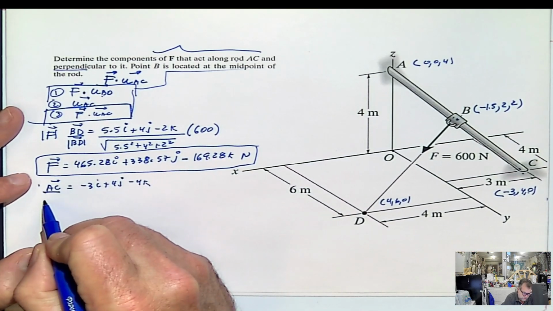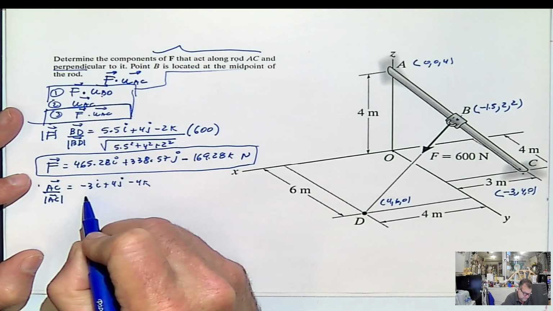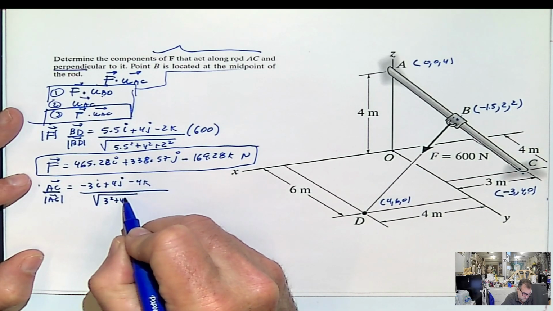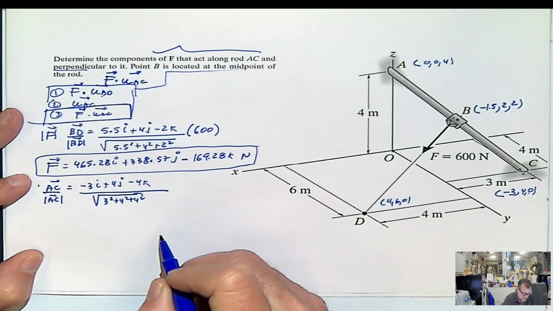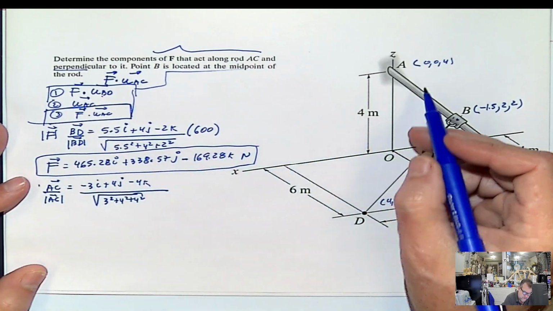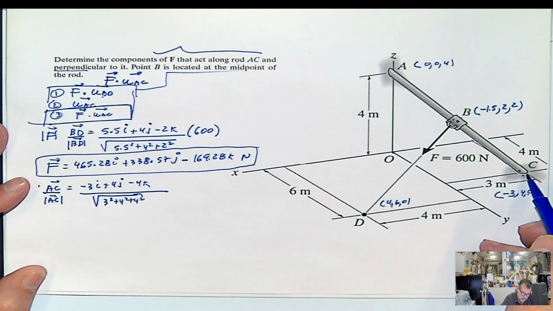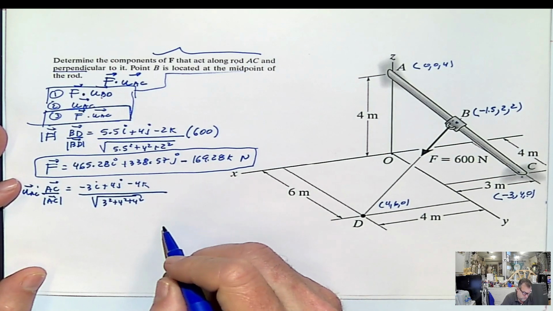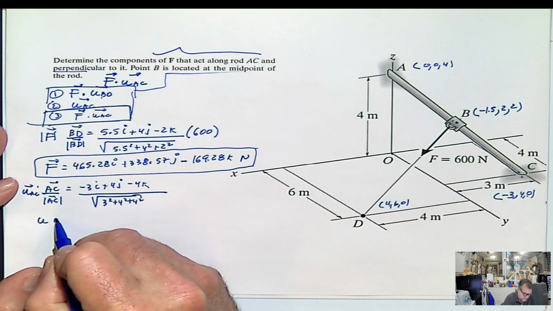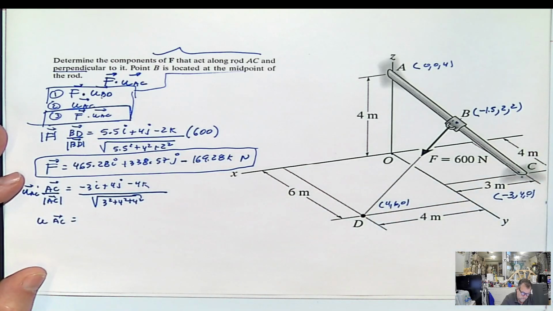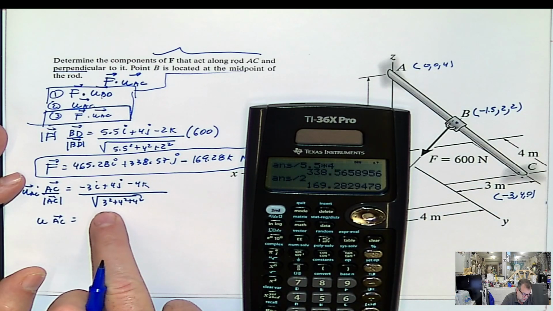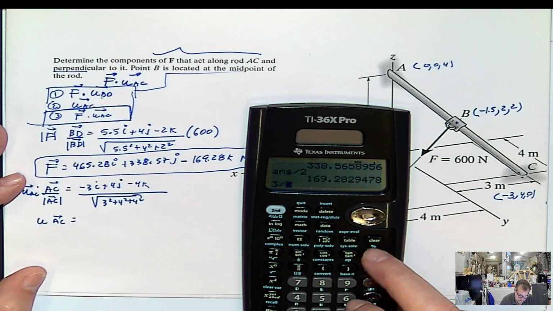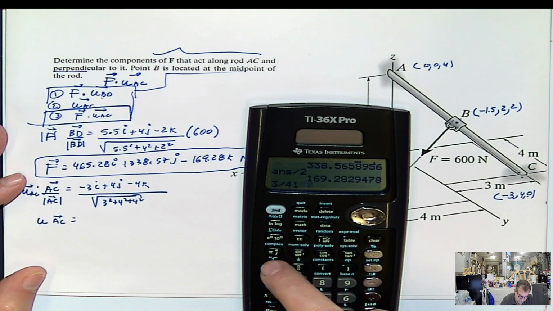Now if I divide that by the magnitude of AC, the square root of 3 squared plus 4 squared plus 4 squared, that gives me the unit vector AC. What is the unit vector AC? This is 9 plus 32, 41, square root of 41. So 3 divided by the square root of 41